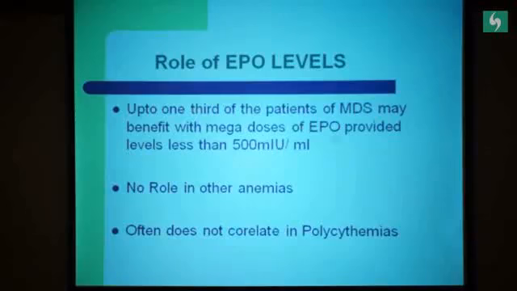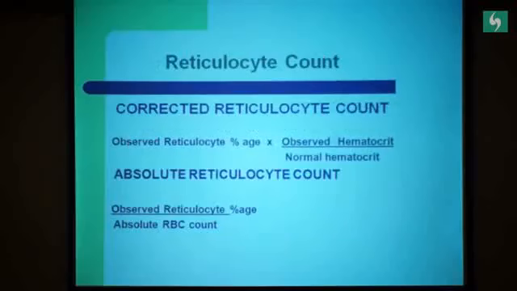Now the next important thing is, I stress that there is a CBC we need to order, not just hemoglobin. We need to look at the red blood cell indices, but we look at the peripheral smear because we will find all the complete information there. But another test which is not offered and not interpreted correctly is reticulocyte count. Suppose all the substrates are present, and iron is there and B12 is there. If the bone marrow is functioning normally, it should respond to anemia with a high retic count.